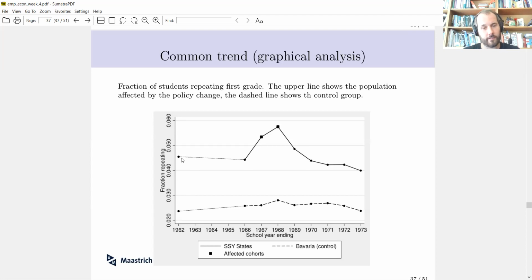And in this treatment group, the change in the start of the school year has induced a short school year for some of the students. The school year was shorter, so all the material had to be squeezed into less time. And this led to a sudden increase of people repeating the first grade. So what you see here is that everything moves nicely, more or less in parallel. That's always a little bit subjective, but then it's very clear that the treatment induces a change. So parallel before, then treatment, and then again parallel afterwards, because this change only affected 2 years, and then afterwards, everything was business as usual again.